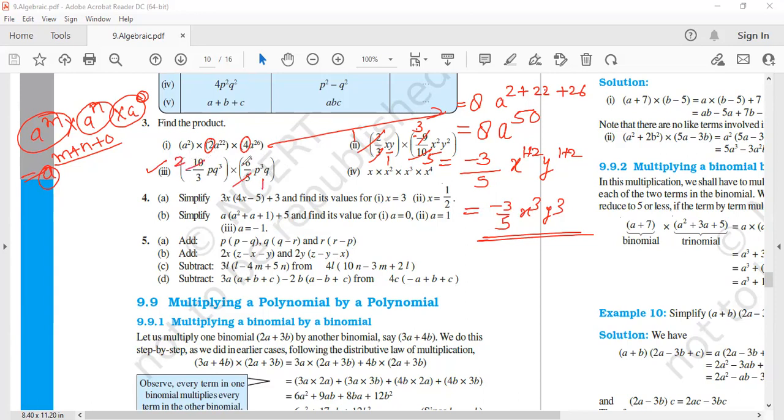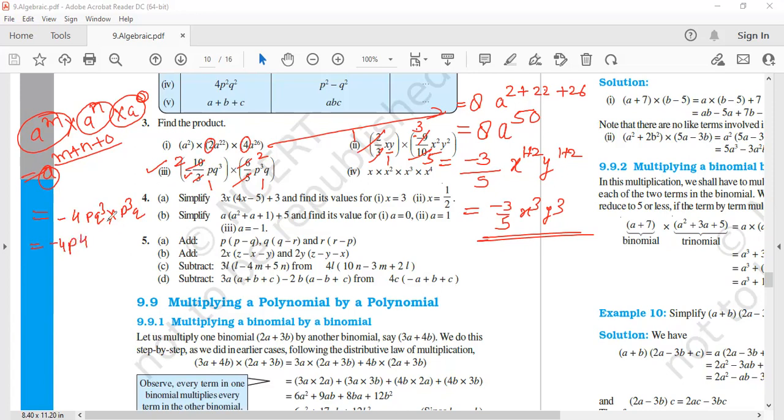Okay. Now similarly, if you're talking about this one, so 5 1s are 5, 5 2s are 10. 3 1s are 3, 3 2s are 6. That means in the denominator nothing will be there, because 1 into 1 is simply 1. So no need to write anything in the denominator, only focus on the numerator. 2 2s are 4. Because of this minus sign, minus will be there, and p cube into p cube.